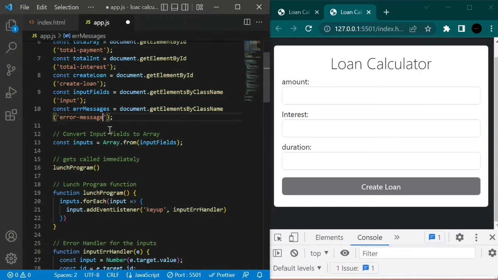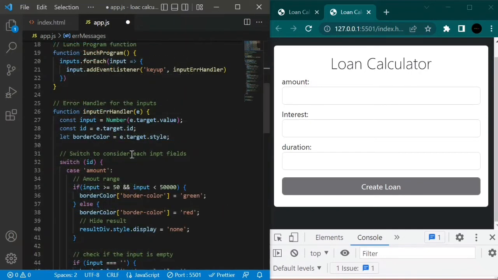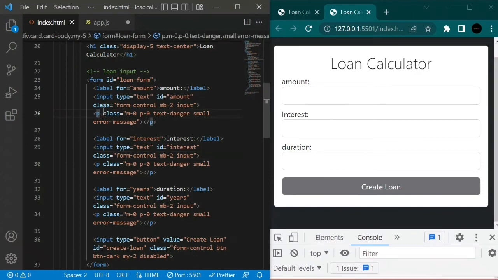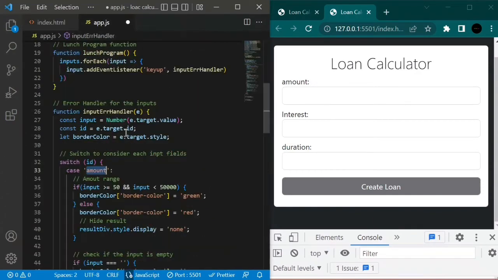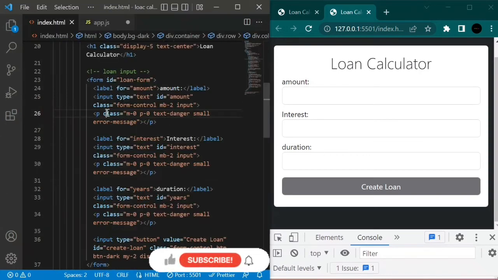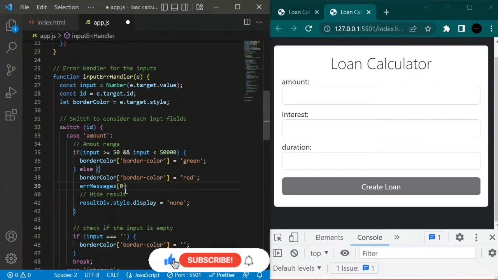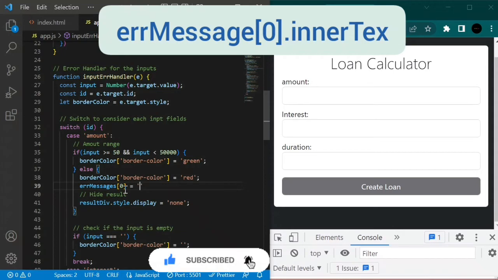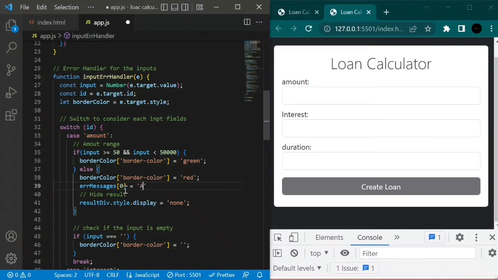You will see these things when I start using them. So in the first case, where the input is equal to amount, that's considering this first p tag that we have here. If we encounter an error, we would want to set the error message to, and we would consider the first, which is at the 0 index, which is this one. We would set the message right there